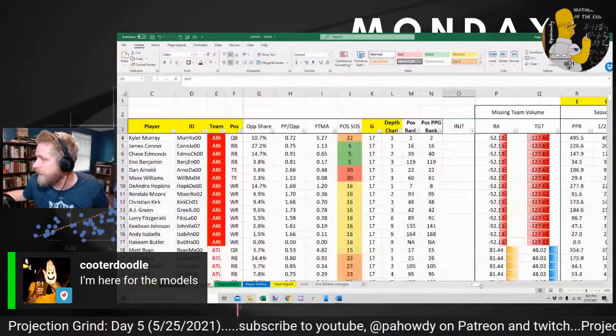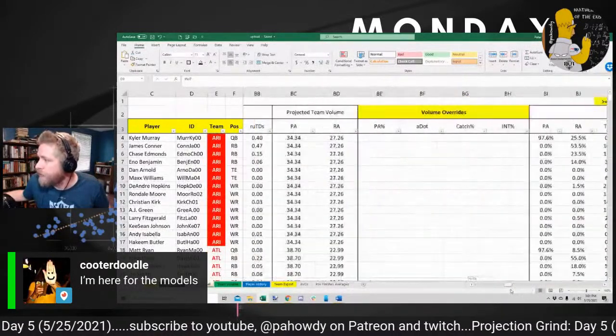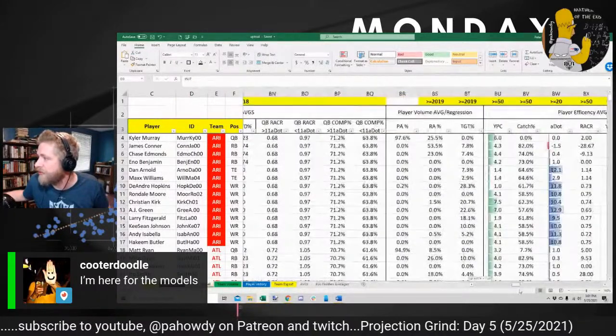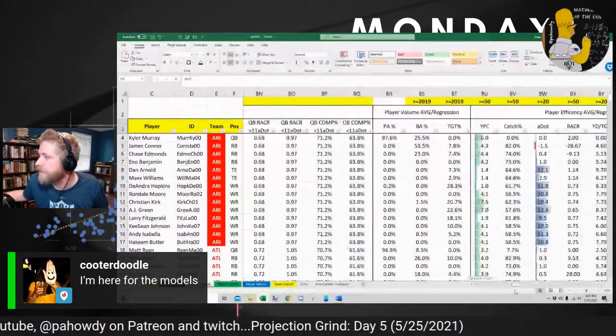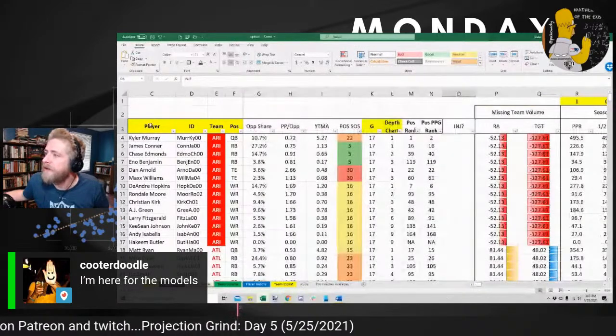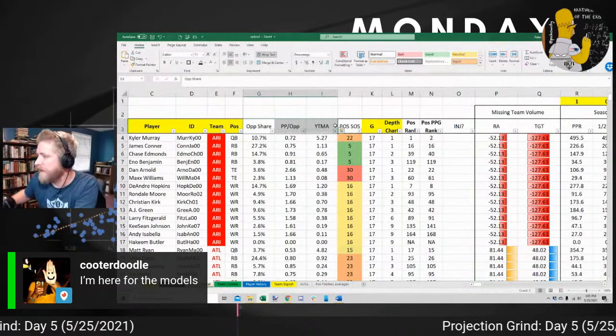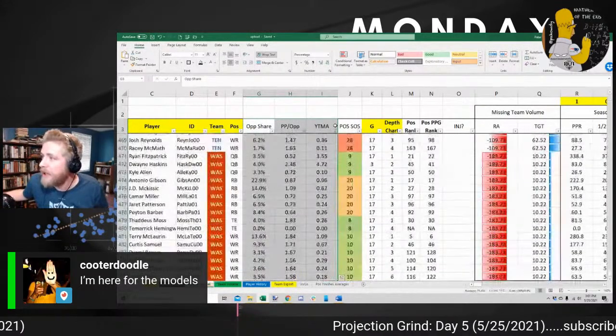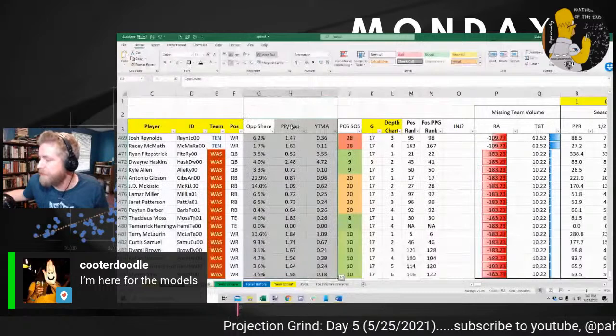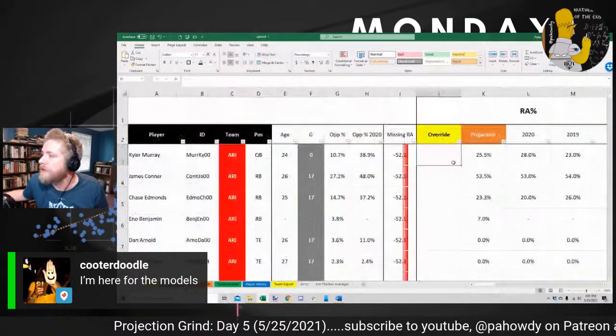And we have all of that working for us for team volume and projecting a regressed target share average based on age and missing volume a little bit. And so that's all kind of built in. There's some pretty sophisticated stuff in there, I think, before you go on and just make your basic assumptions. Anyway,